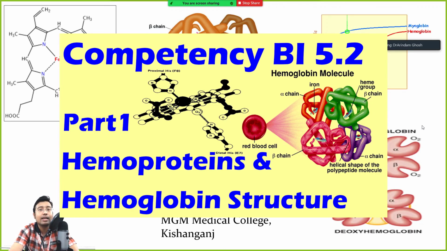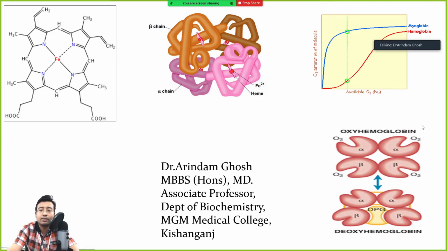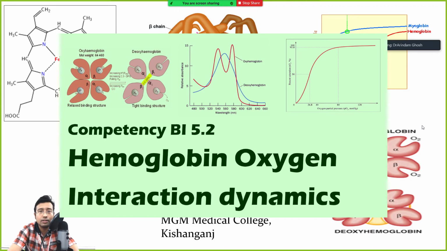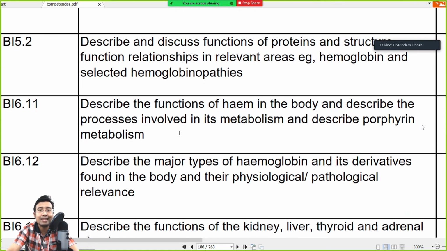We are discussing hemoglobin. We have been discussing the structure of hemoglobin, and how the structure affects the cooperative binding of hemoglobin. We discussed the interaction of oxygen with hemoglobin and how hemoglobin changes its form from T form, taut form, to relaxed form, and vice versa, depending on the oxygen load. So we will continue this discussion.